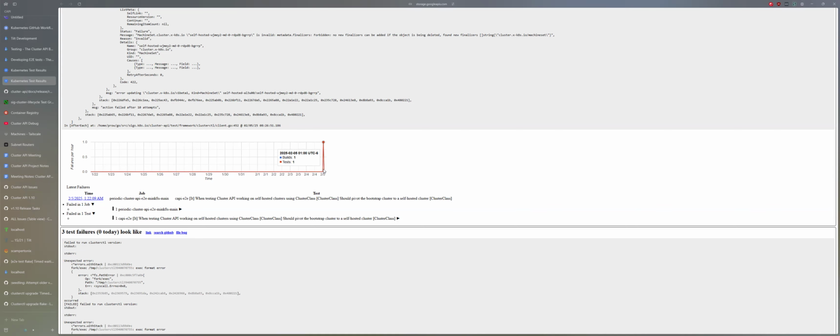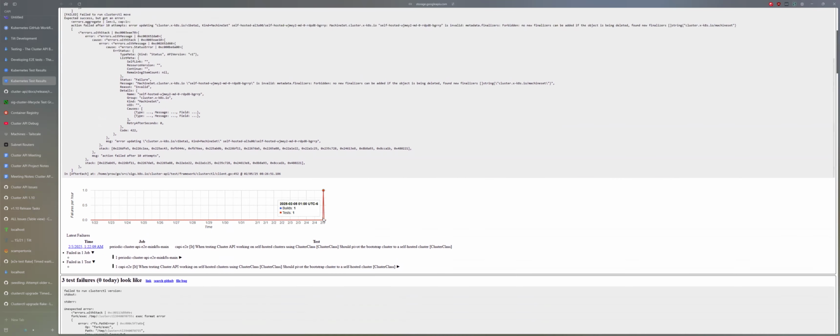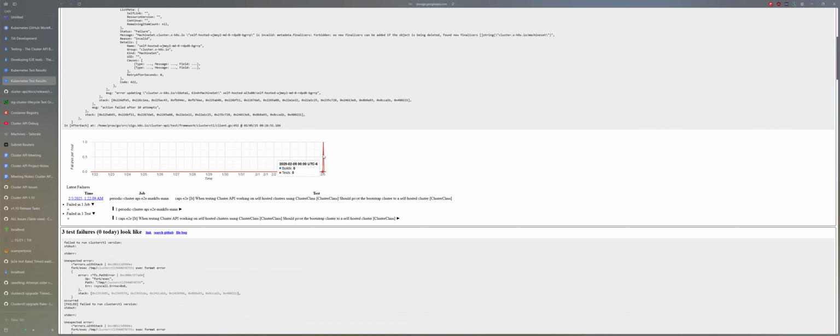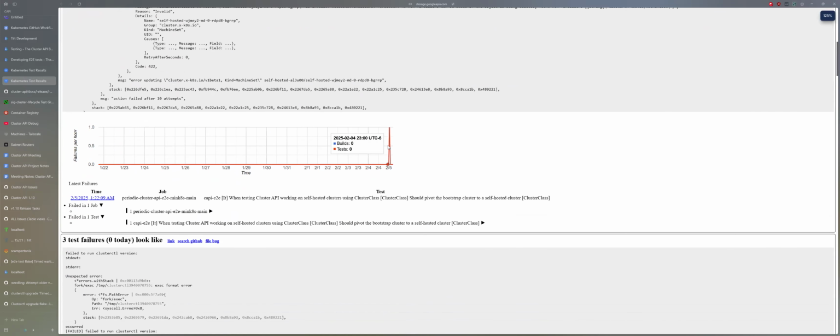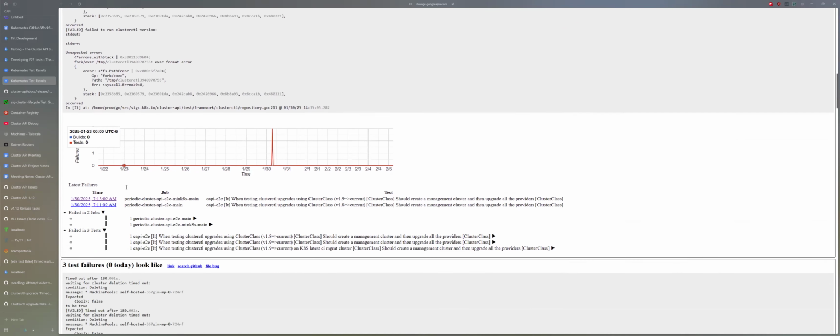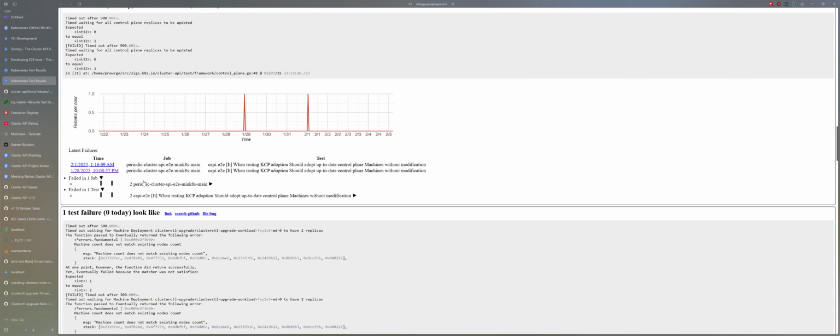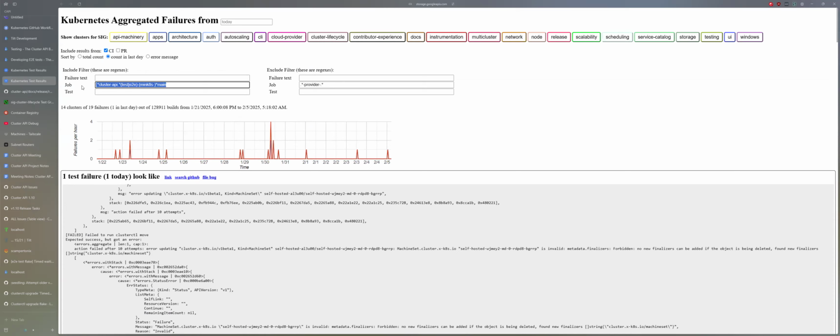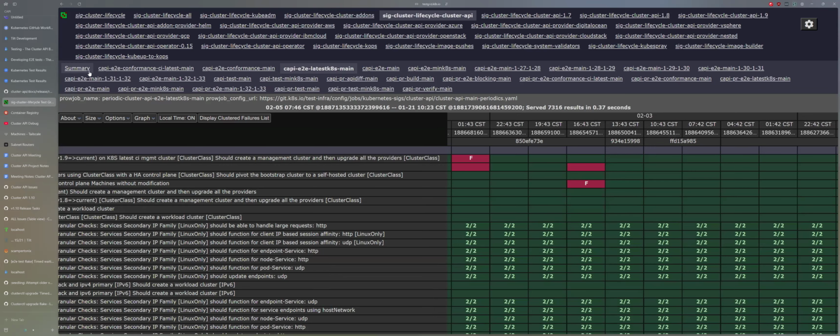No, it's some number of hours, because I've already got stuff showing up for the 5th on this board. I don't know if you could see it on the recording, but here's something from 1 a.m. UTC time on the 5th. So what I would expect is a combination of things: the test you saw fail either just failed and hadn't gotten to this board yet, or it was filtered out because we're only looking at these. And I know for a fact that